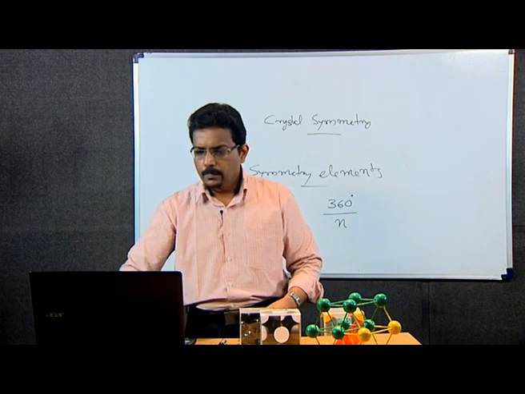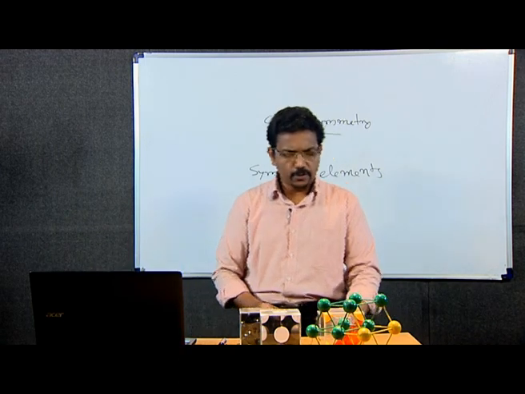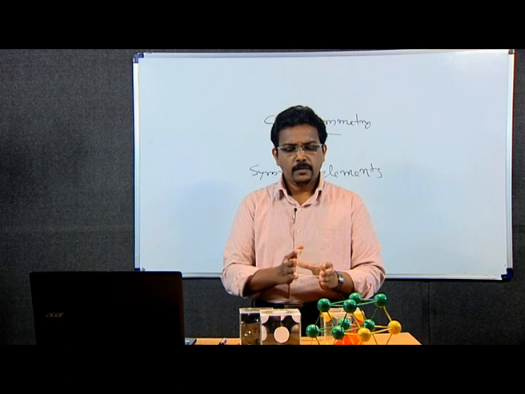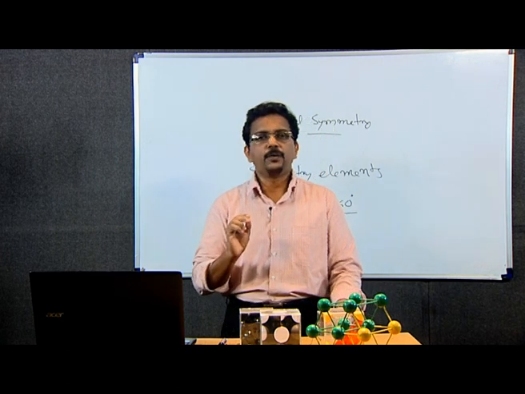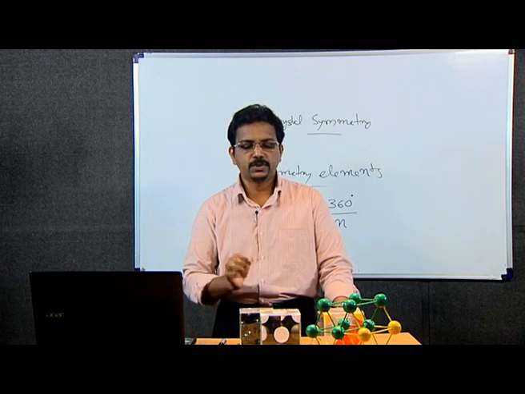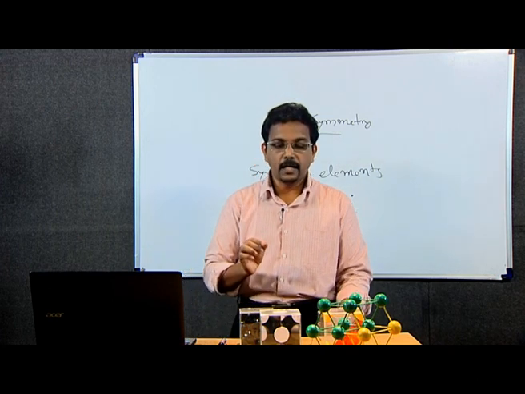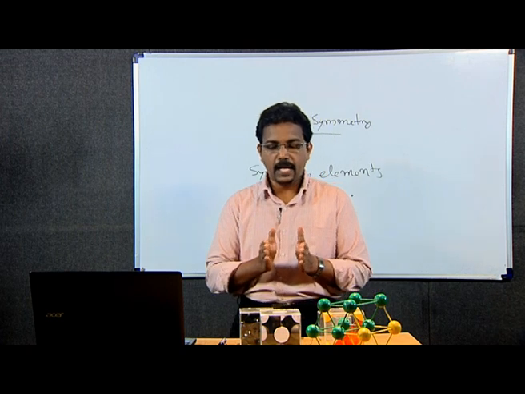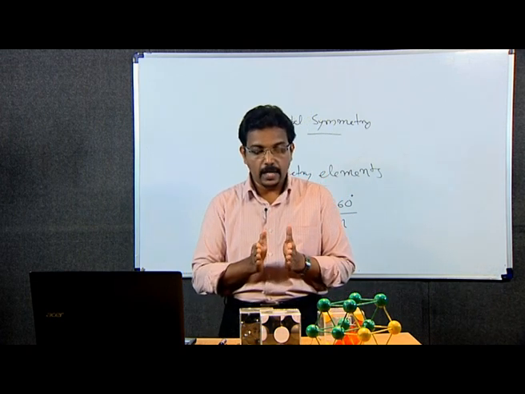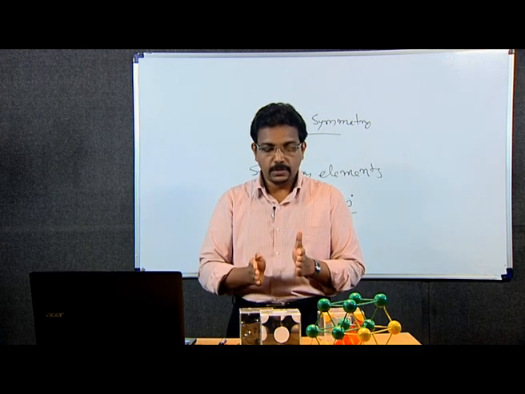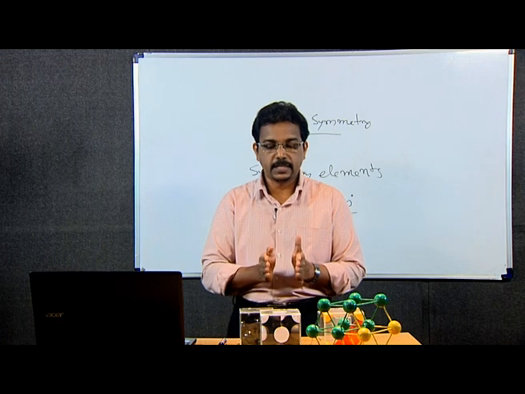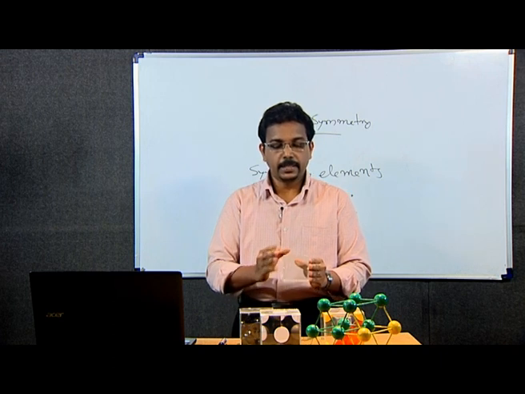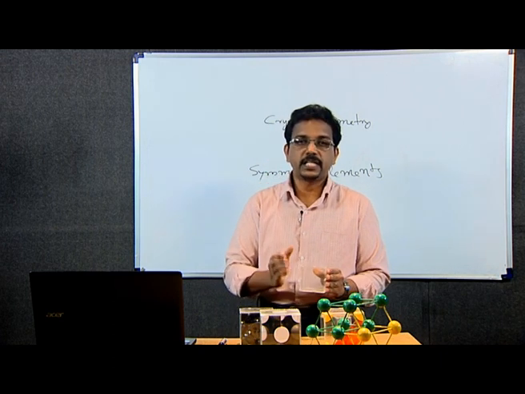Now, why are 5-fold symmetry and 7-fold symmetry not possible? We already discussed that a crystal is a regular periodic arrangement of atoms or molecules, and these arrangements are in 3 dimensions, then only a perfect crystal arises. If these arrangements are throughout a specimen, then only it is single crystalline. If some impurities or defects come into the crystal, its physical properties vary,